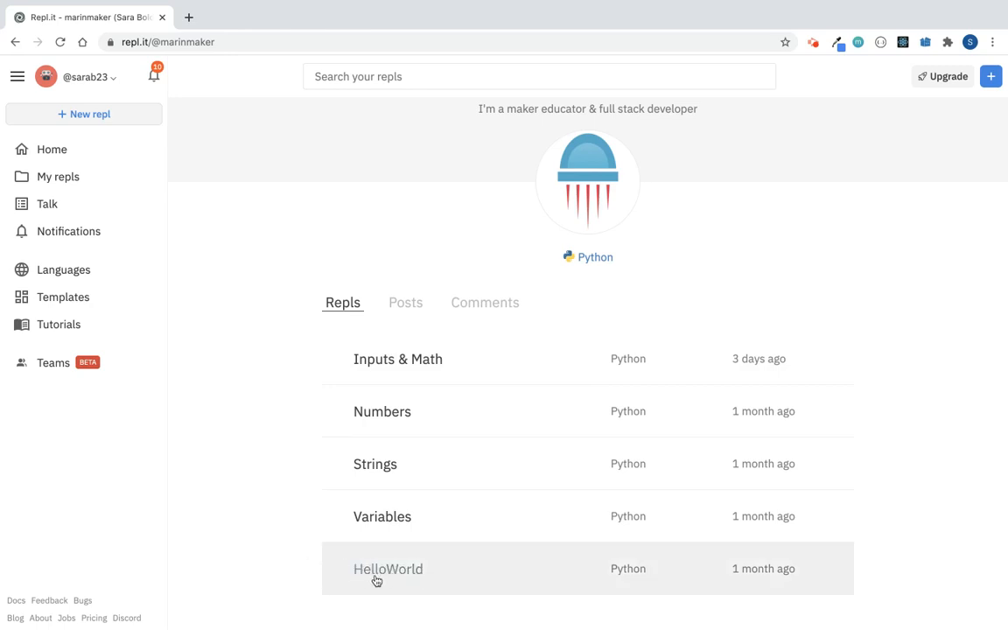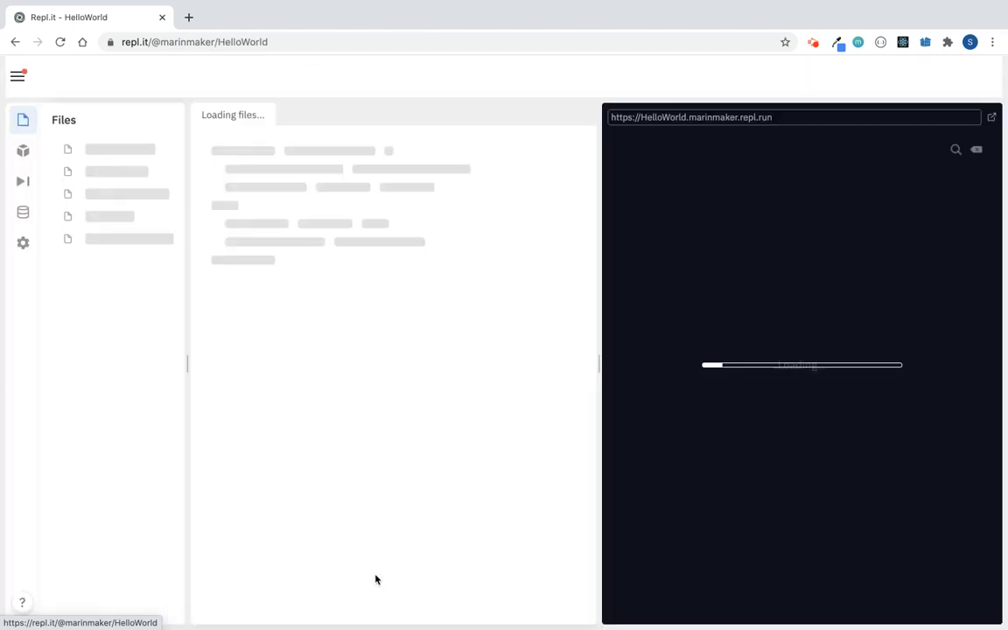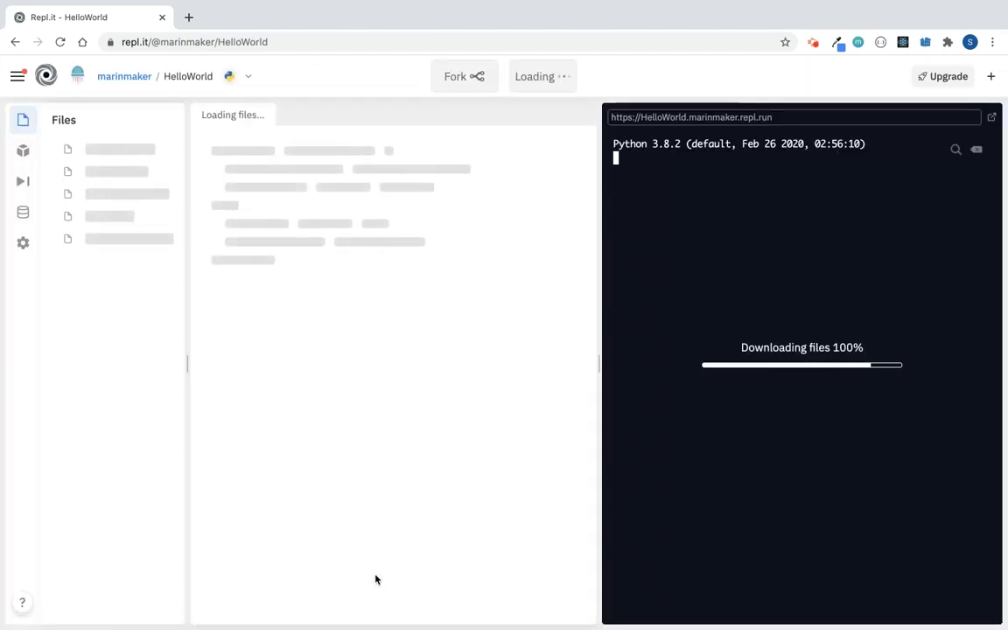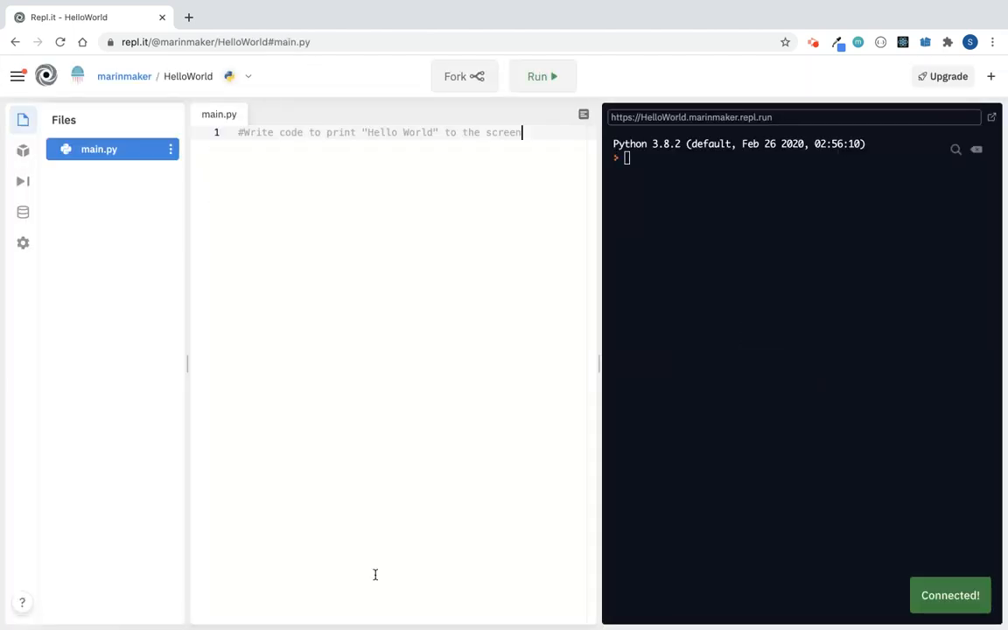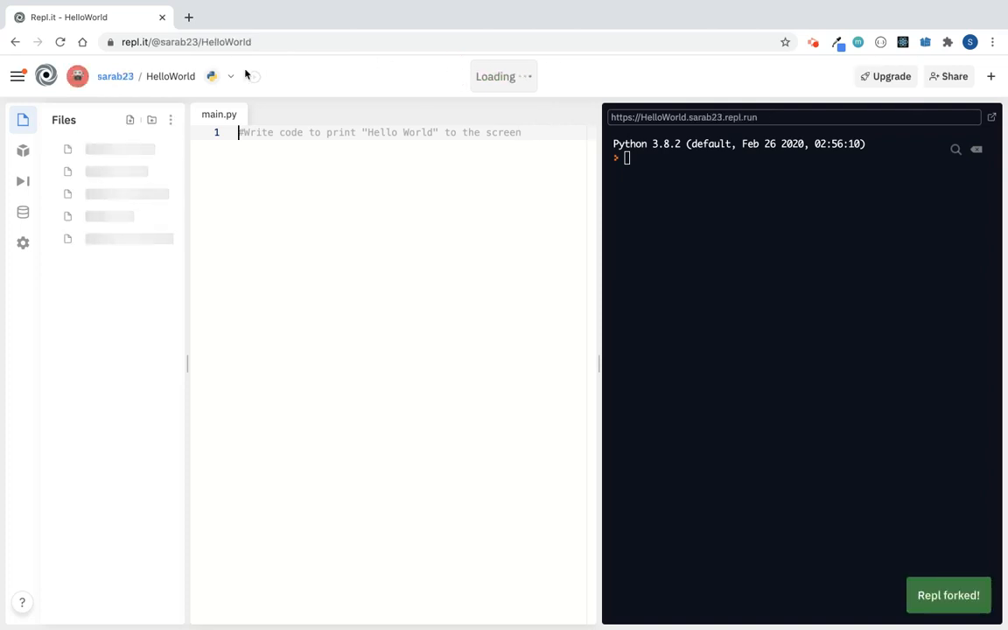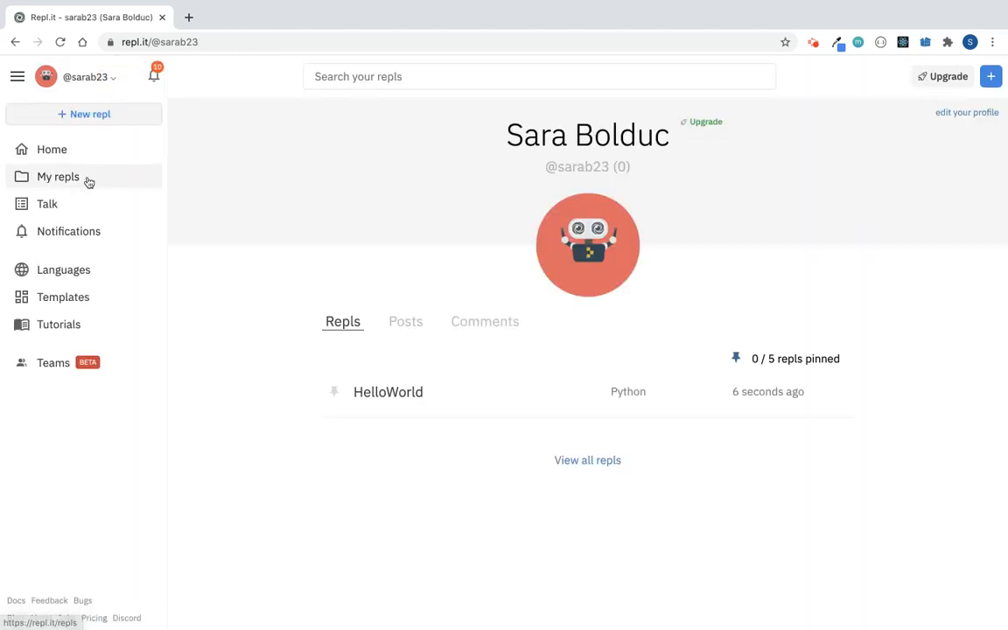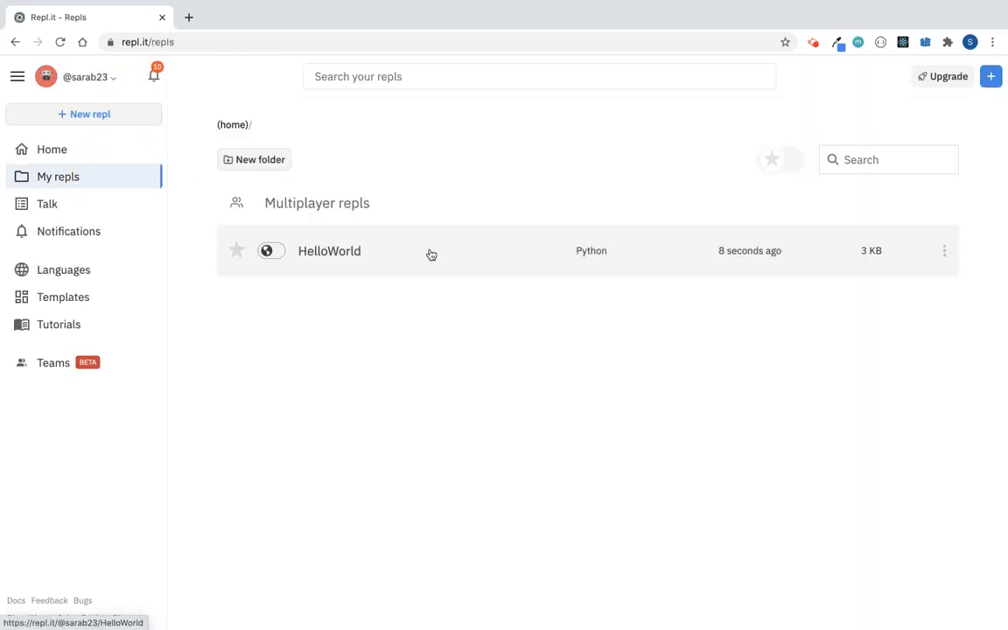So we're going to start with Hello World. And when you click on that file, if I want to copy it to my account that I just made, I need to fork it. So at the top, you're going to click Fork. That changed it from Marin Maker to my username. And if I go to my username and I go to my Repls, you can see now I have Hello